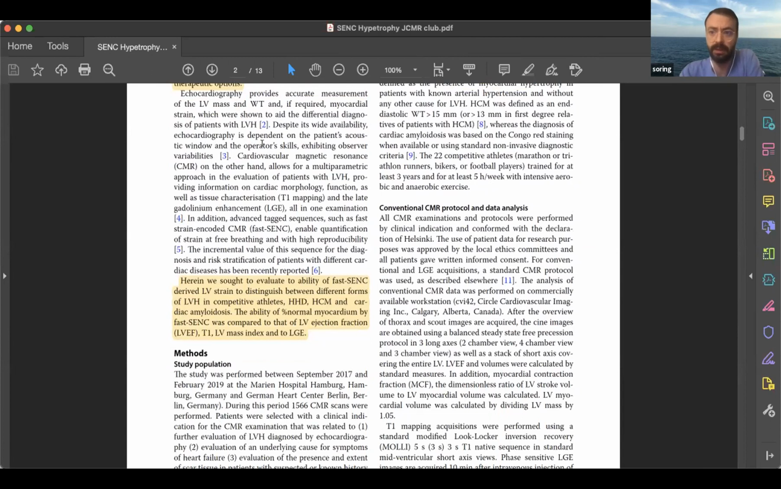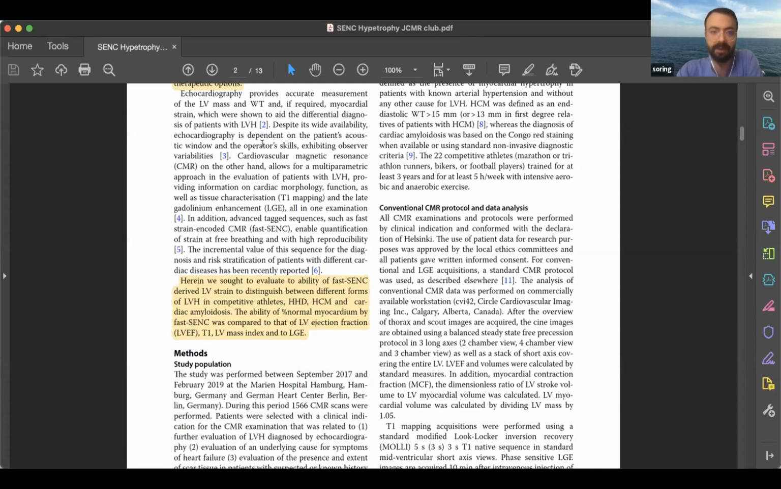In this, fast SENC is a method that can be used in cardiac MRI for extracting data related to circumferential and longitudinal strain. It was already validated in several studies, and we previously showed an excellent inter-observer, intra-observer, and inter-study variability in these patients. Herein, we sought to evaluate the ability of fast SENC derived left ventricular strain to distinguish